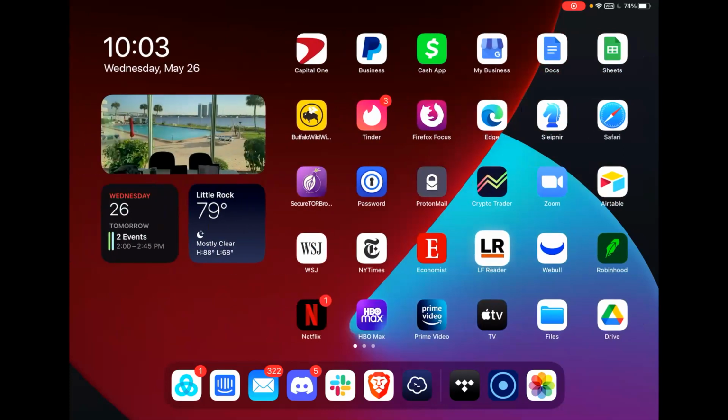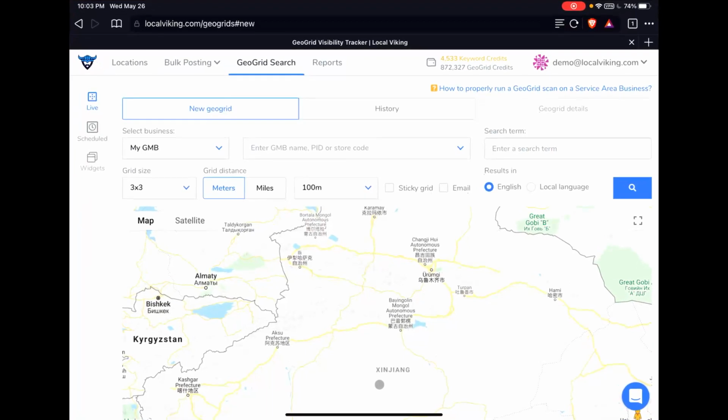How's everybody doing? In this video, we are going to talk about setting up a scheduled GeoGrid search and how it differs from a live GeoGrid search. A live GeoGrid search will give you the results right here, right now, whenever you run the test. A scheduled GeoGrid search also gives the results from right when the test is run, but you can control that and set it up to occur at a regular interval,